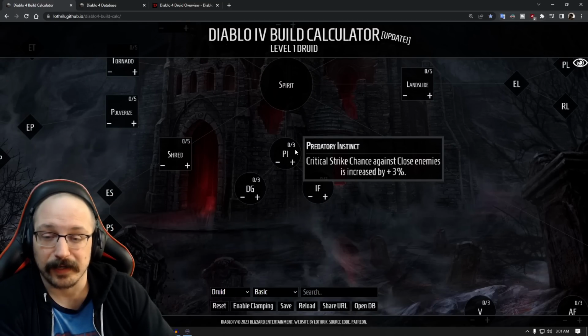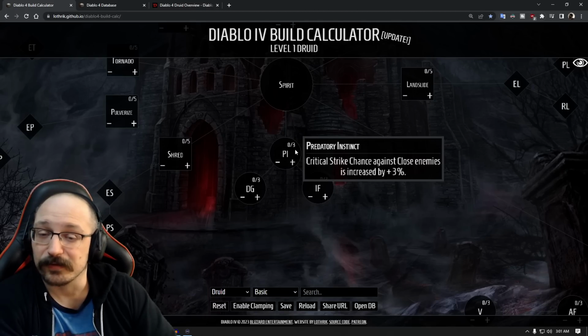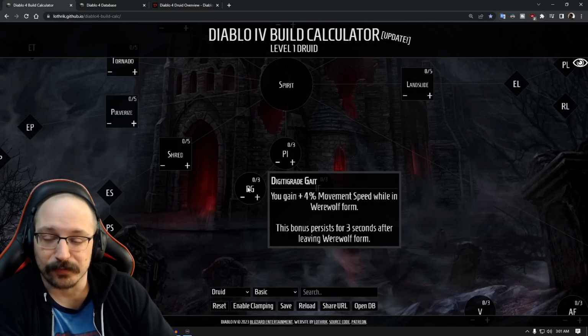This next passive area makes it so that your critical strike chance against close enemies is increased, which is probably good for your transformation, shape-shifting skills. And then we have